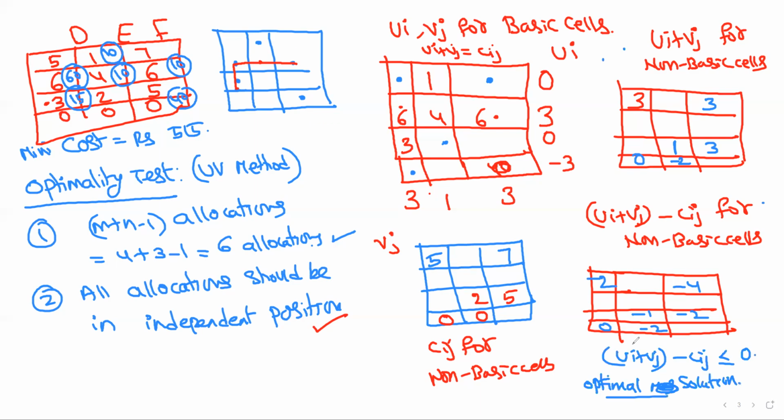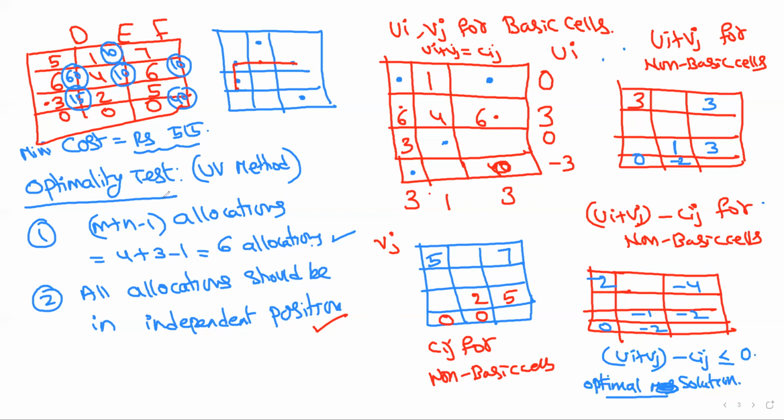Therefore, the minimum cost of transportation is equal to how much? 515 rupees. If any value you got is positive, then obviously this 515 rupees is not the final amount. There is a chance to reduce it. Then we have to reduce it by allocating a cell to the corresponding position.